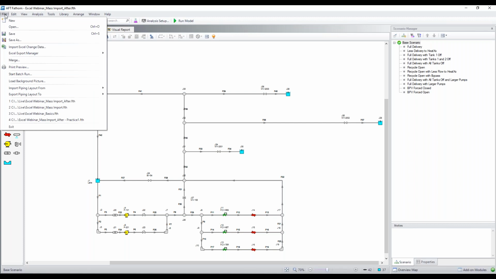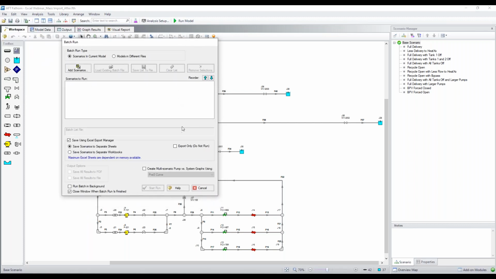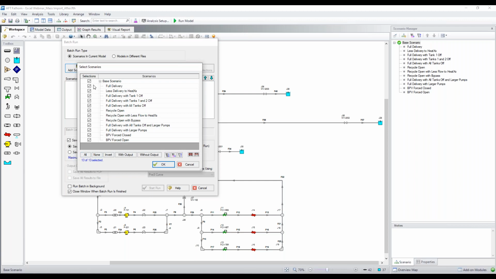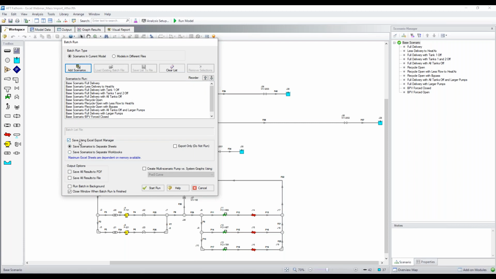The beauty of Fathom with its scenarios is batch run. So if you don't even know batch run exists, regardless of Excel, learn it. You can create all your scenarios and then run them sequentially. So what I would do is I would add scenarios. Okay, I want to look at all of them except my base. I'm actually only curious about comparing these 12. Say okay, and then during its running process, it will automatically export to Excel each scenario as a different tab